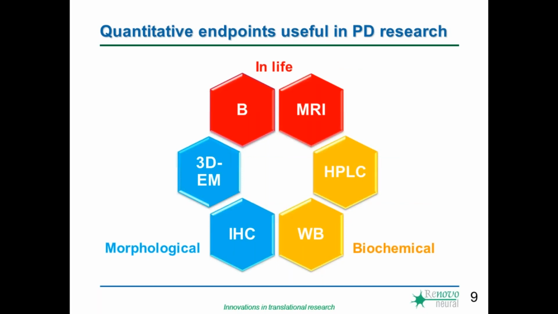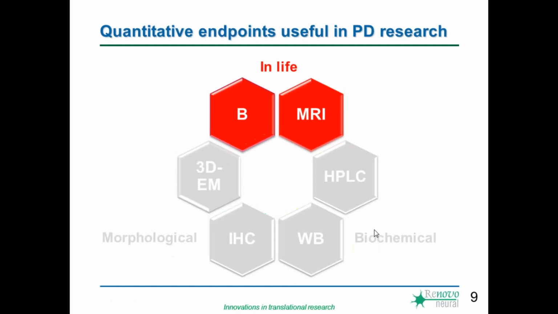No matter which PD models are favorable, one has to pick carefully from a smorgasbord of various in-life, biochemical, or morphological readouts available. In this part, we will focus on the translational value of the 6 readouts most commonly used with PD rodent models. Let's start with the longitudinal methods. Behavioral tests